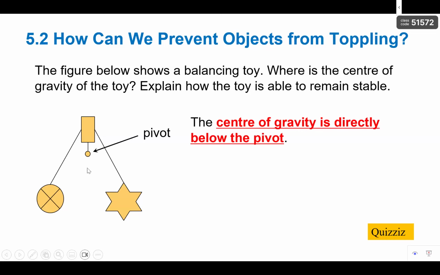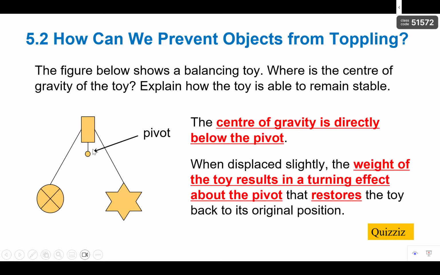So the first step, the center of gravity is directly below the pivot. And then how does it remain stable? Because when it is being displaced, I never tell you displaced to the right or displaced to the left. I just say when it's displaced, the weight will create a moment about the pivot, and this moment will restore it back to its original position. Take note, I did not say that the CG or the weight is to the left or to the right. I did not say what type of moments it produced, because it just asked how the toy is able to